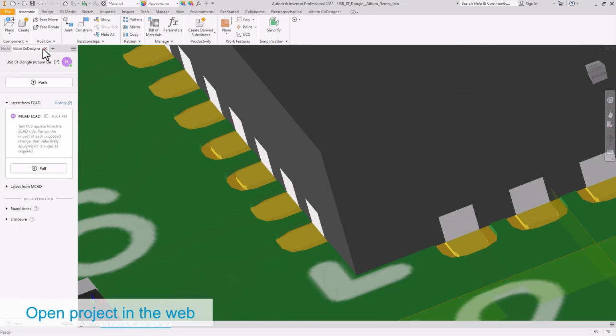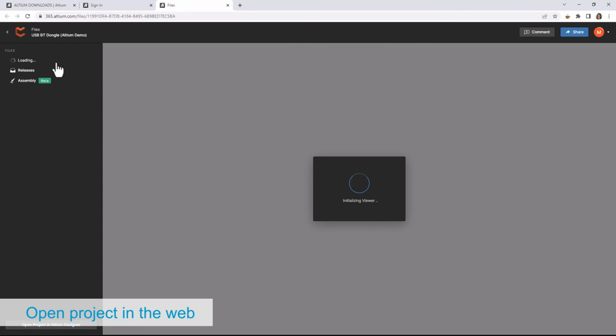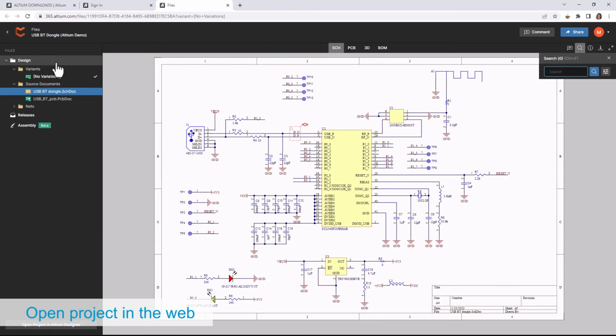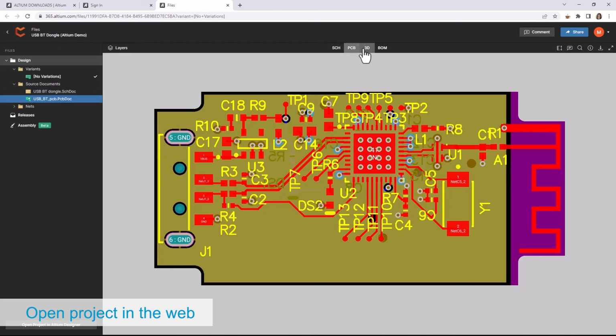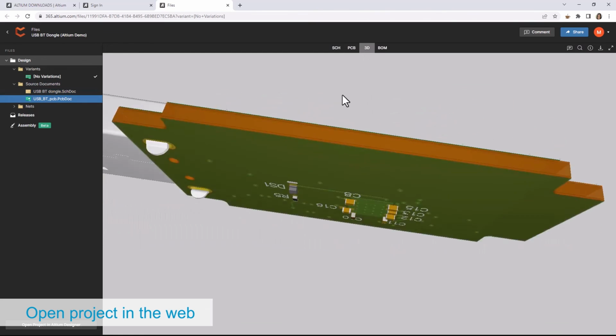Outside your MCAD tool, we can also view the design on the web. Easily toggle between schematics, PCB, 3D model,